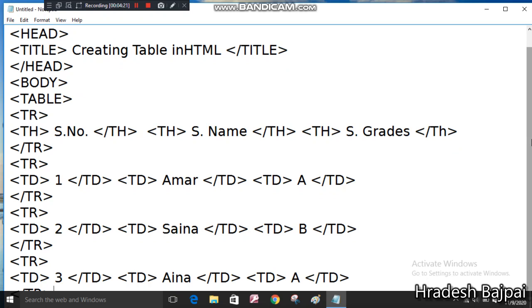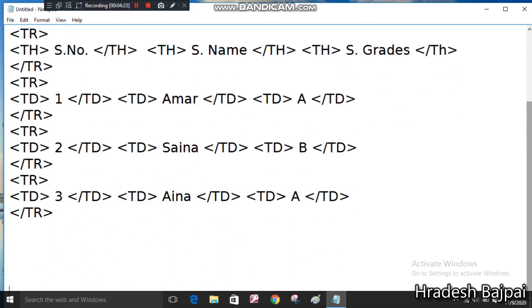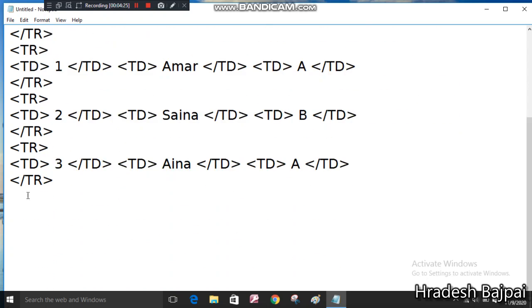These many rows I have entered, and after completing the entering of data you have to close the tr tag as I have closed, and at last you have to close the table tag because data entry is completed. So you have to close the table tag.